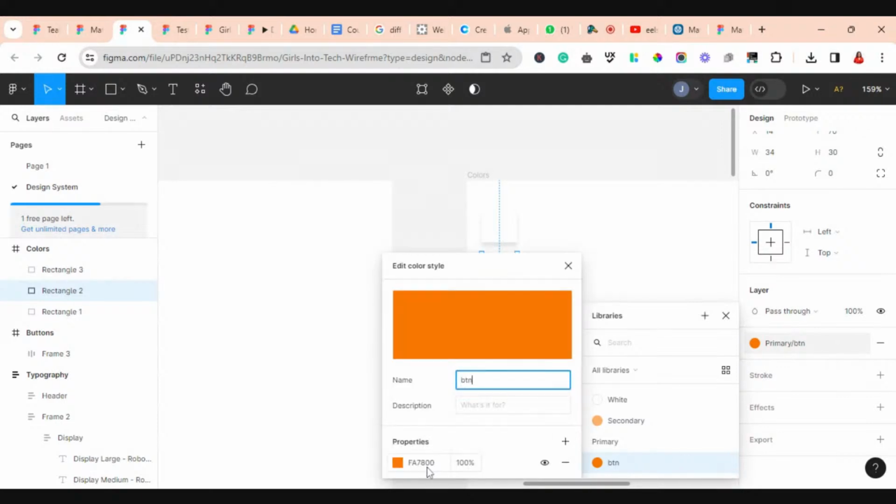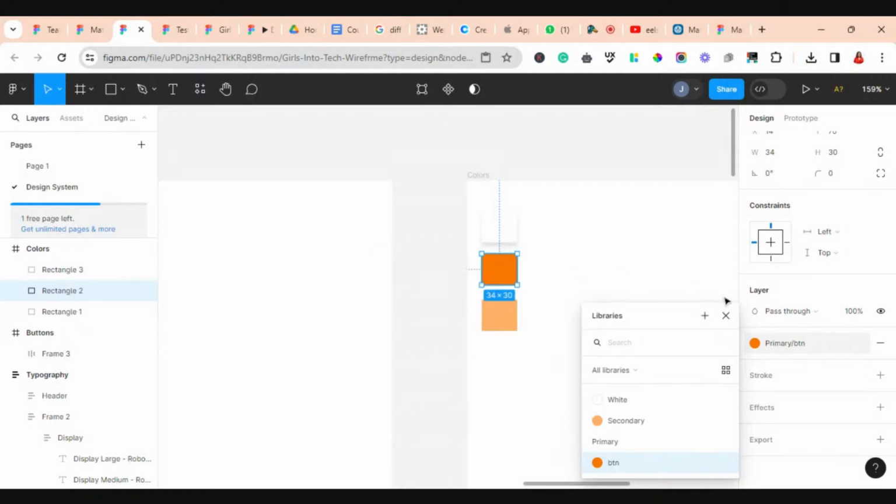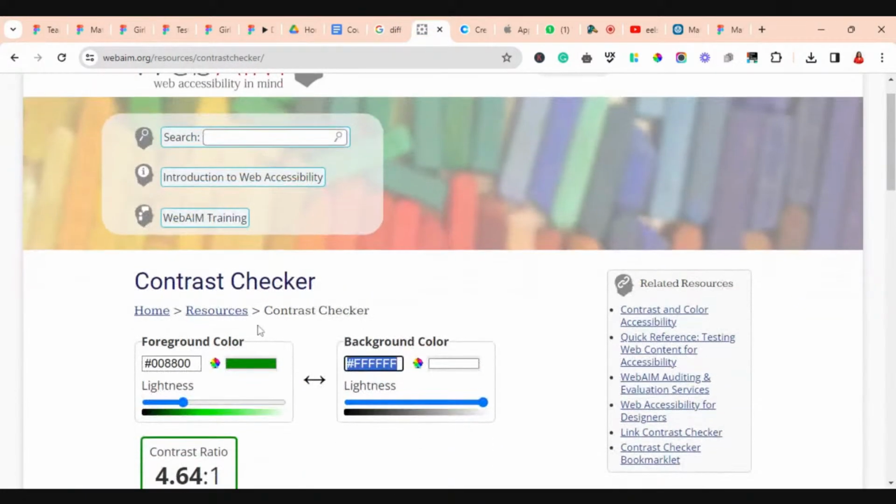Just click here, then copy the color code, the hex code, right? I'll just go back to our web aim. This is the foreground, which is my text, right? And this is my background. So I'll just paste this here, and the foreground is,